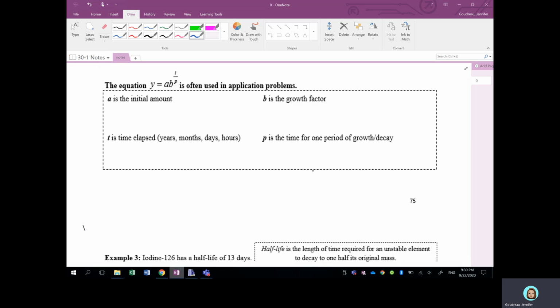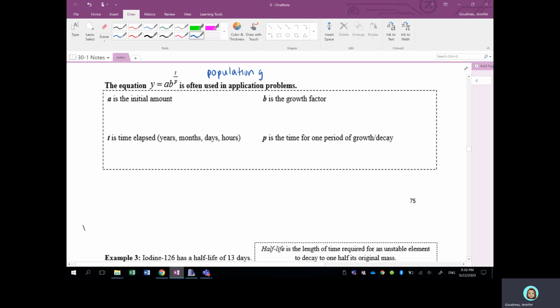In the second part of 7.3, we are going to use the strategies of solving exponential equations in exponential application problems. A few of the kinds of application problems that we are going to talk about. We're going to deal with